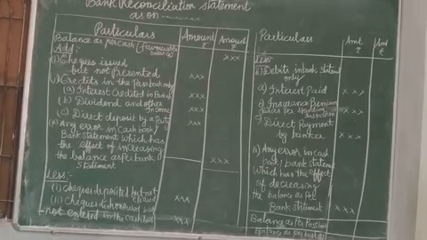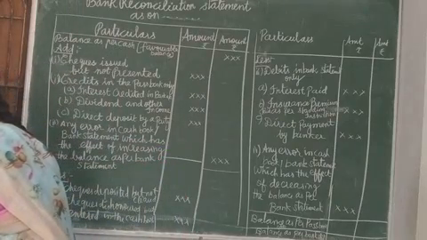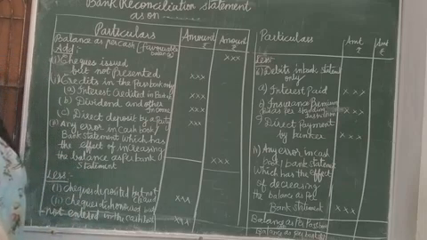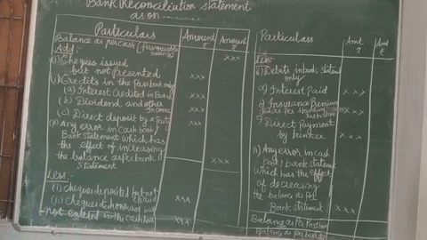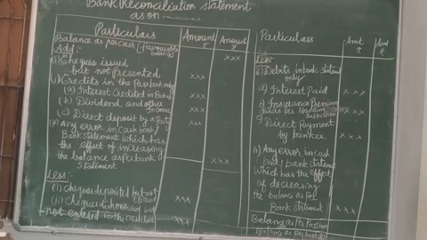Students, for the past two theory classes, you have learned that there is a difference between the cash book and the passbook. So we are going to reconcile the cash book and passbook. Just as we tallied the trial balance, we are going to tally the cash book and also the passbook. We have discussed timing differences, the favorable balance, the unfavorable balance, and how to write the format, everything.